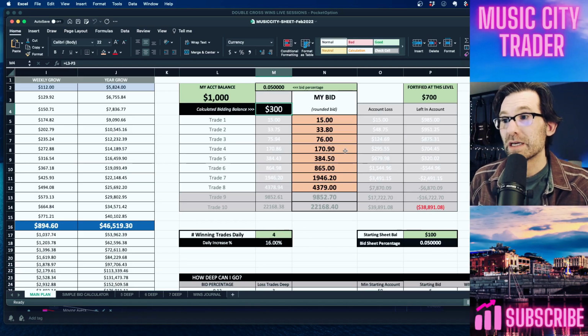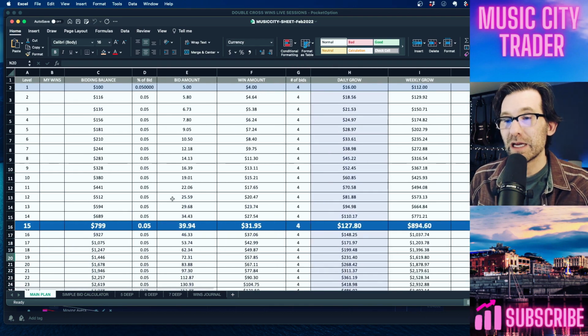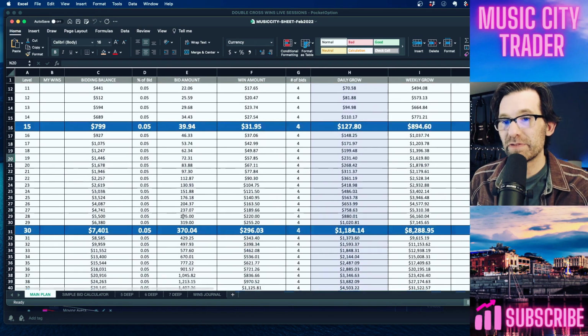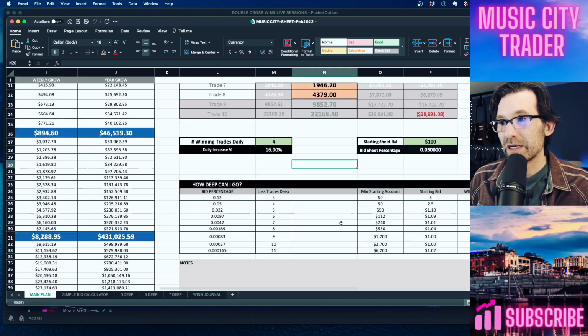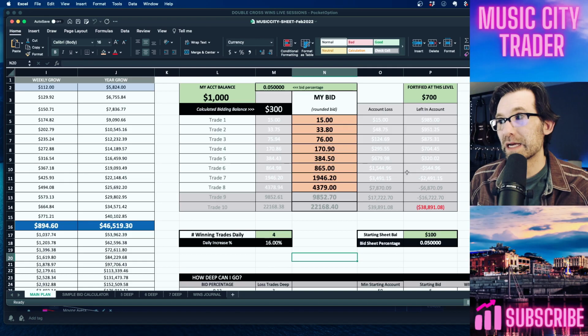This is the spreadsheet, shows you what to bid, how many wins you want to do a day, how much growth you're going to take each day, what your income's going to be in 15 and 30 and 45 and 60 days. I've seen nothing like this on any other trader's website, and none of this has anything to do with the method that says